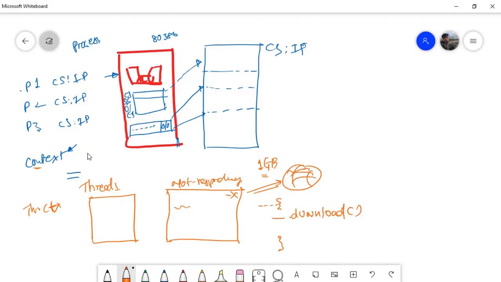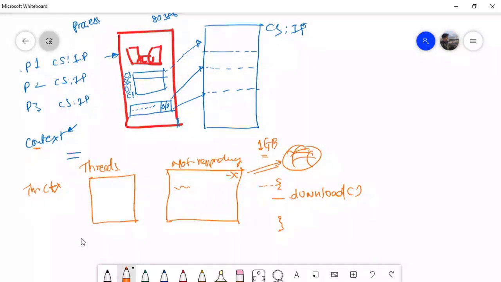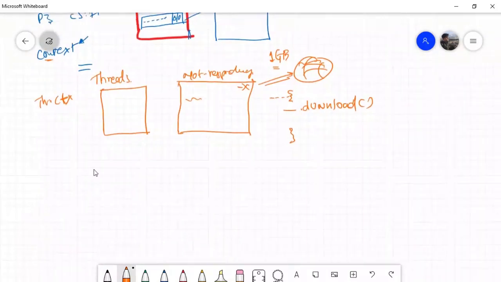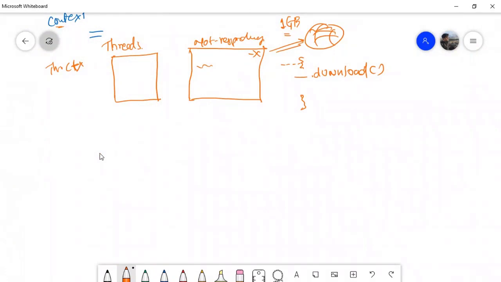So within the context of a process, a thread is going to create multiple independent executable paths, and those paths, they are going to take care of different activities. So each application is going to have at least one thread, and that's called the main thread. So whether you create it or not, the operating system is going to give you at least one thread to begin with. When you are in the .NET world, there is another thread that you're going to get, and that thread is called the garbage collection thread,